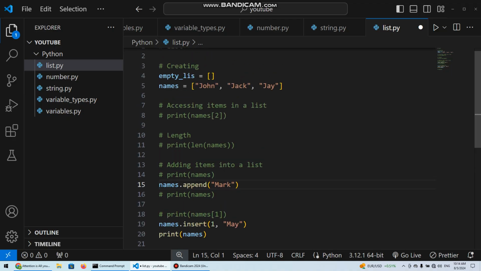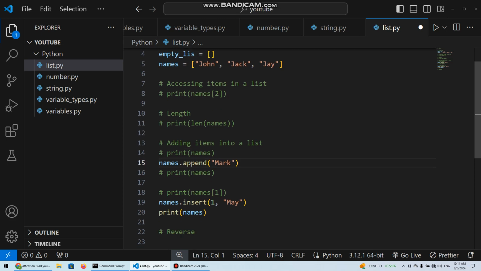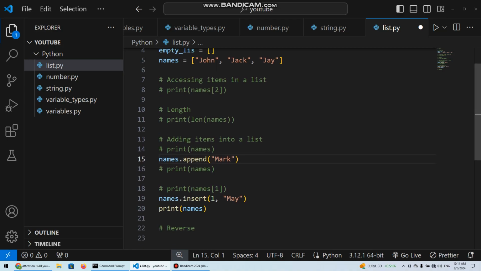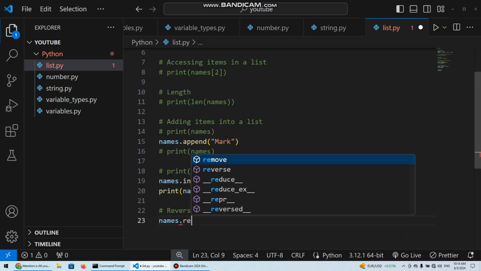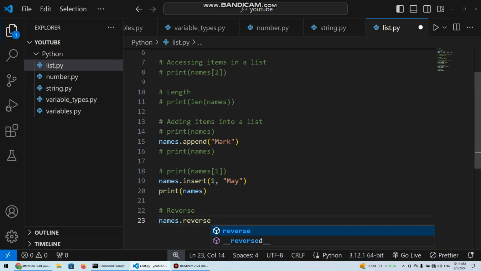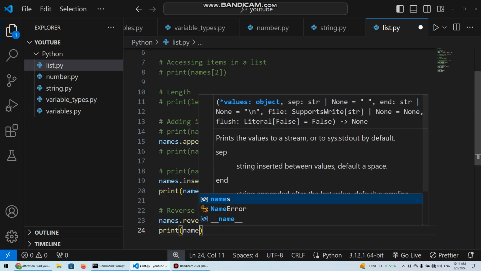But the important thing is to know that John is the first, and since for Mark we used append, we know Mark should be the last name. So to reverse a list, all you have to do is, for example, we can say names, which is our list, dot reverse. And now if we try to print our names again,